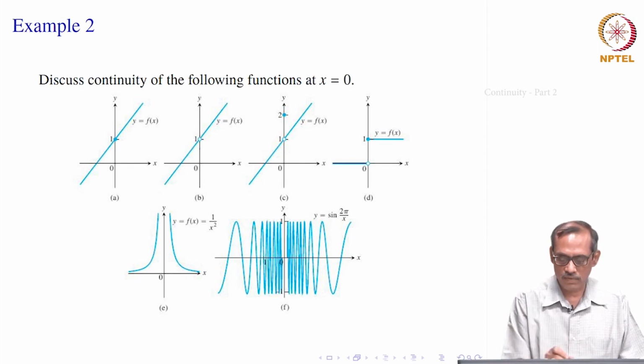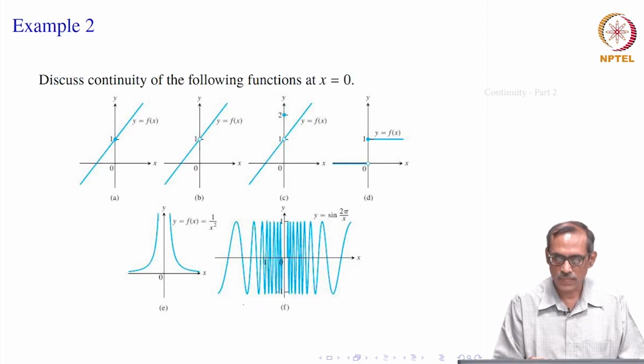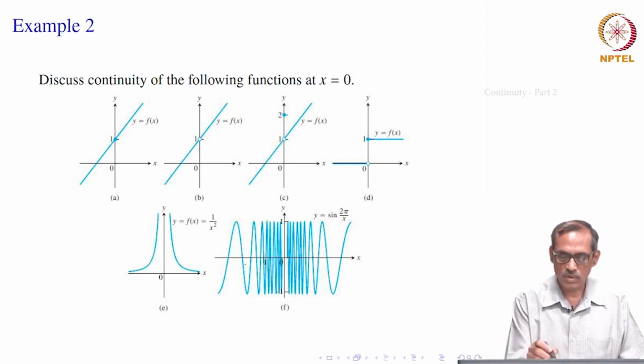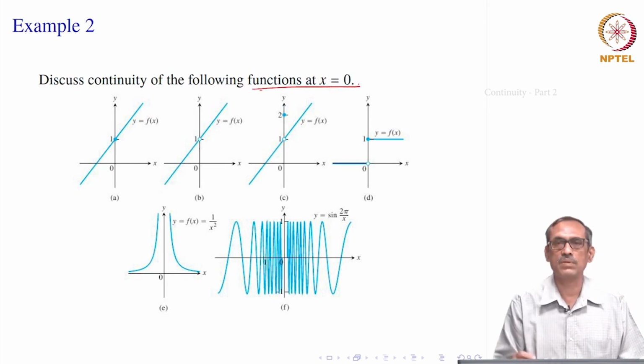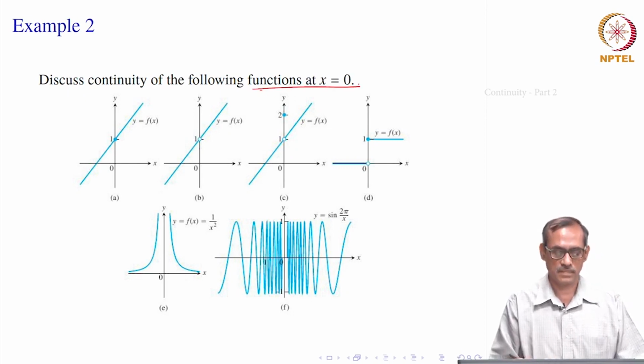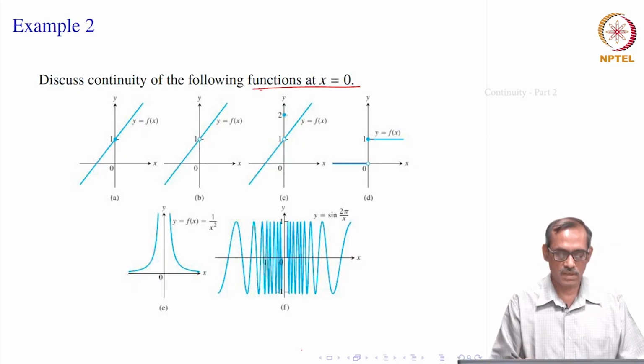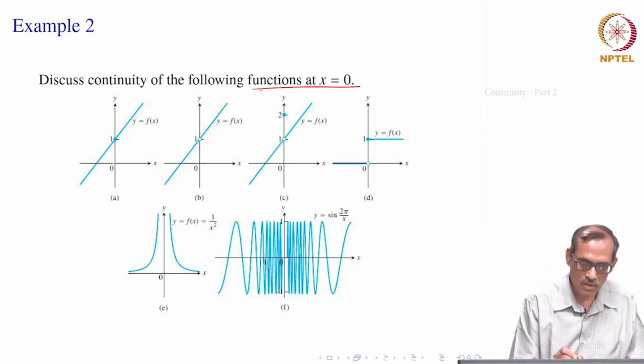Here there are various questions, not one. We are given many functions, 1, 2, 3, 4, 5, 6 functions. For all these functions we want to find out whether the functions are continuous at x equal to 0 for each of them. So, how do we proceed? At x equal to 0 here,